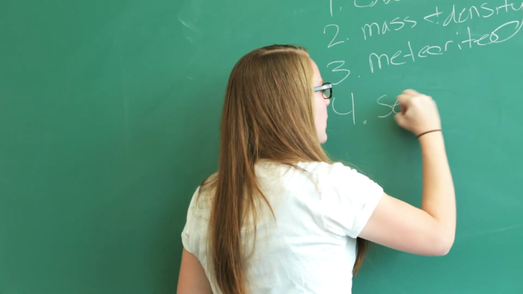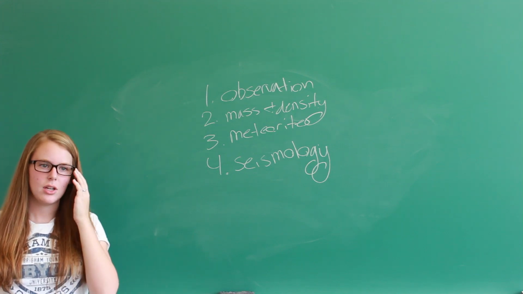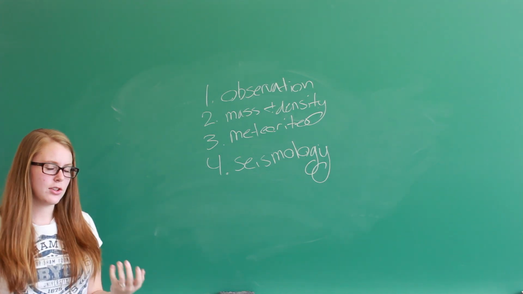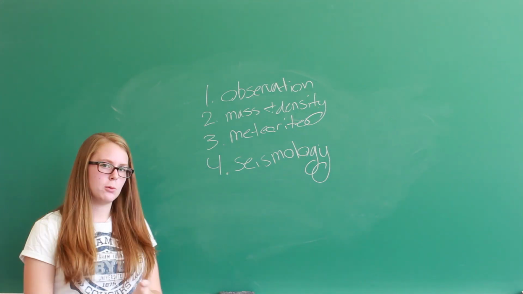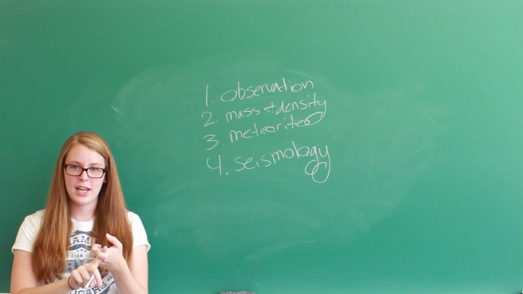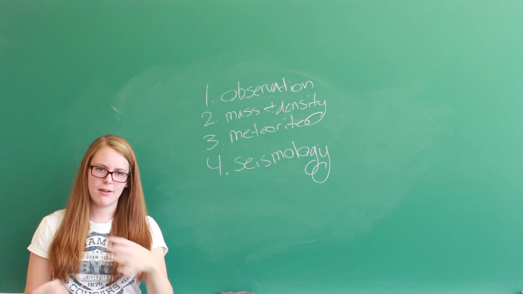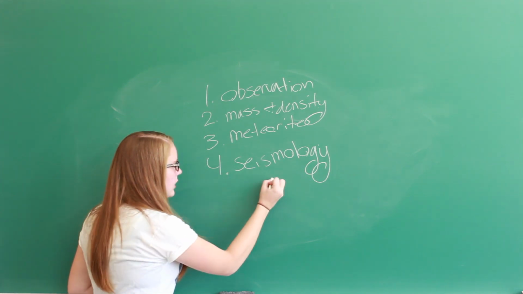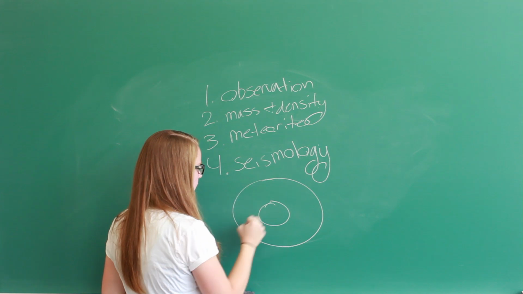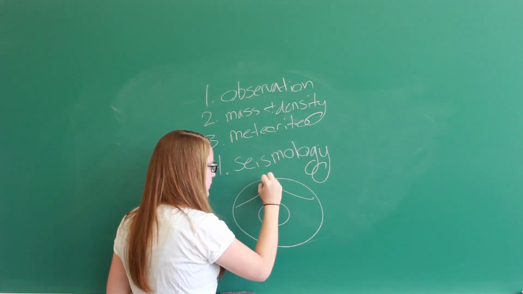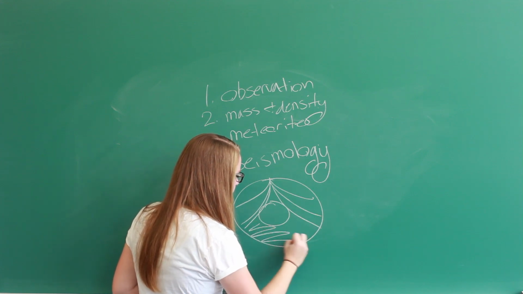Next thing is seismology. So seismology deals with earthquakes and everything that goes on with them. So there's 2 different kinds of waves that happen when there's an earthquake. There's S waves and P waves. S waves we know are shear waves, and they can only travel through solids. P waves can travel through everything. So if we have our model of the Earth, here's our core, there's everything else. If we have S waves going through, we have this thing called a shadow zone down here,